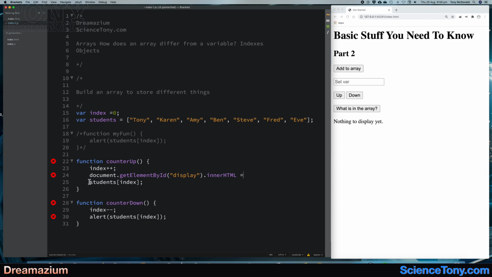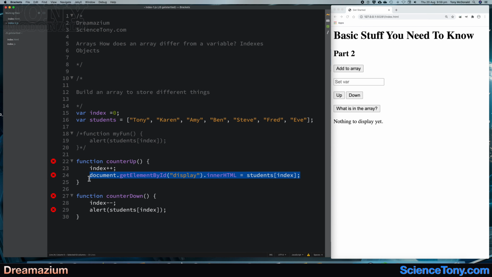And that's going to equal the students down here. So if I do exactly the same, I copy this and pop this in here. Now, what happens? Now if I click on this up button,